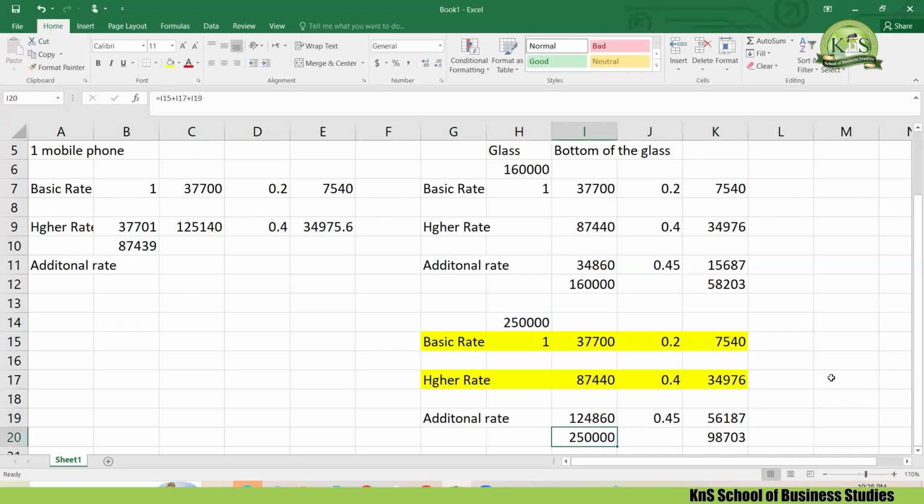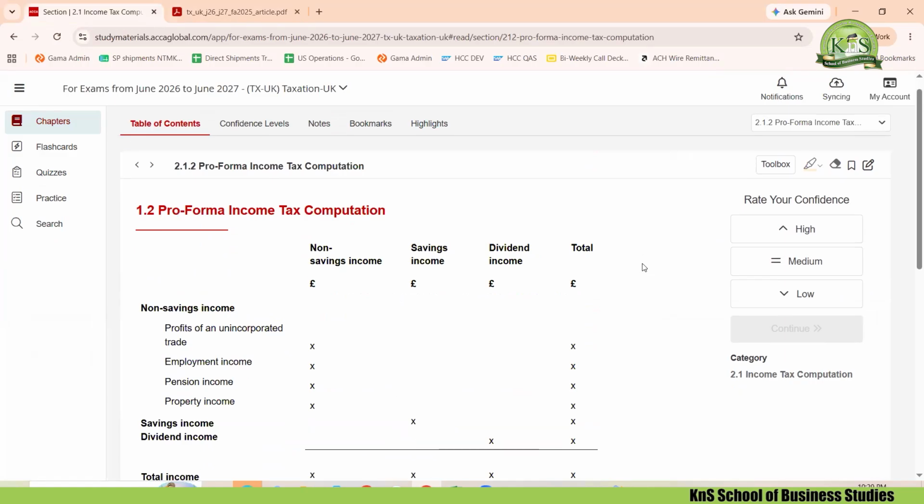So I just don't need to do anything. If I am good with the formulas and the proforma, I can practice by doing just one question correctly. Then I just need to change the figure here and everything will work on its own. So this is the answer. You can try it out. First do it the way I have done, and then simply copy paste. This is the proforma.